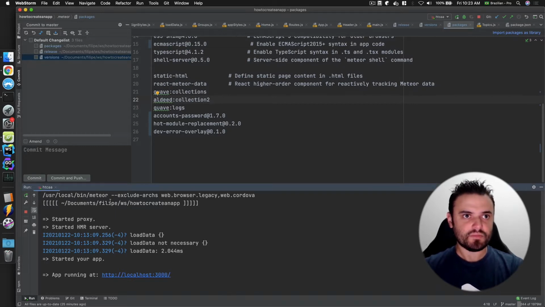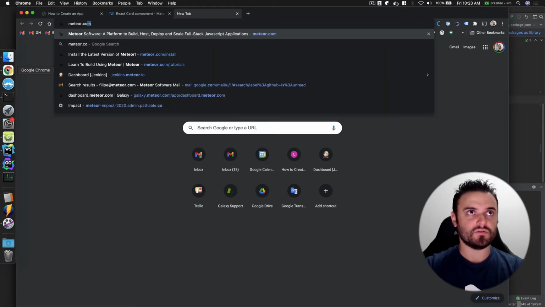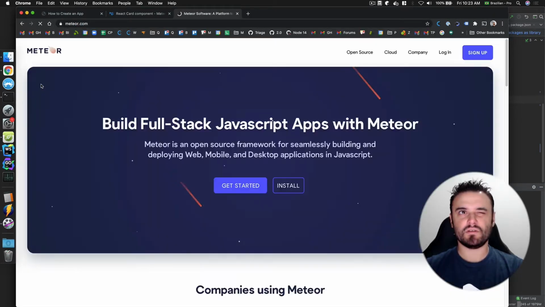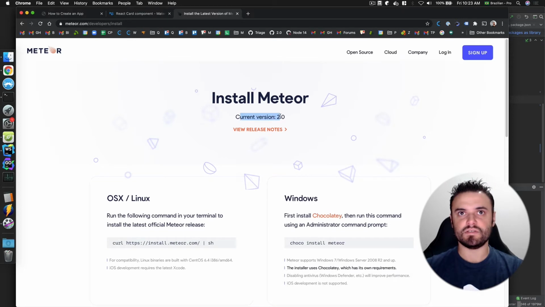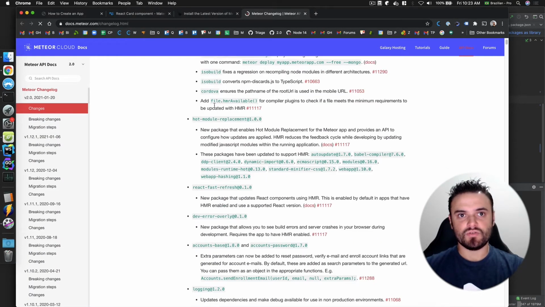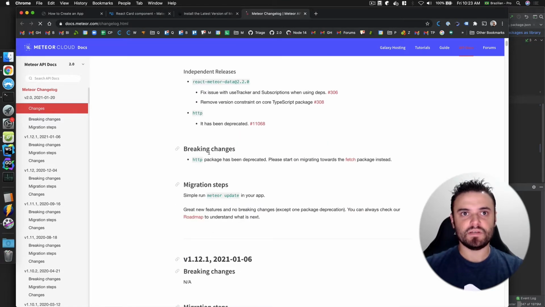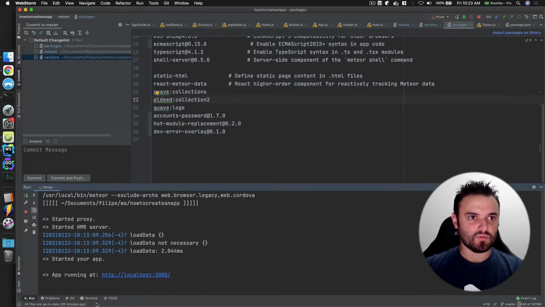Oh, let me show you. I just updated Meteor because the final version, Meteor 2.0 final, was released, I think, two days ago when I record this video. If you go to the install page here, you can see now it's the final version, and you can also read the release notes here. We don't need to do anything to update to this release. Even though we are introducing cool features like hot module replacement and free deploy and other new features, the migration is just a feature update. And that was what I did